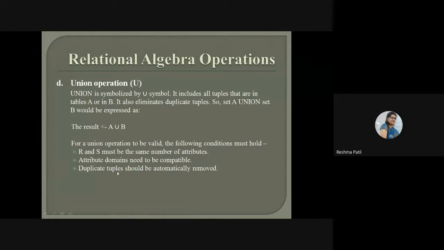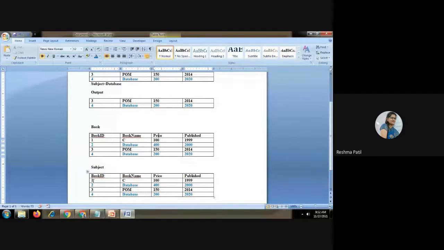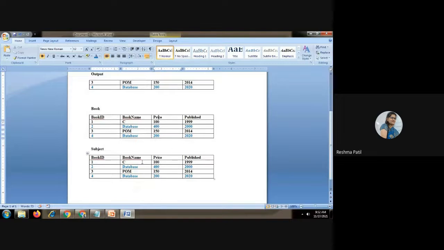Then duplicate tuples should be automatically removed. So we will take different records over here, and only one or two records are the same. Here we will write a C program. Change the price, publisher, that is fine.